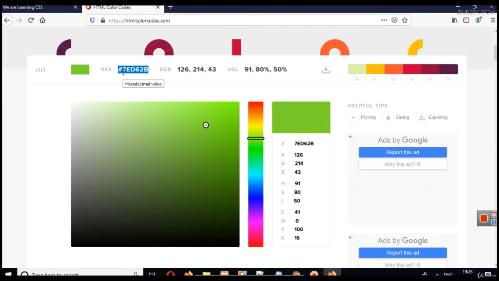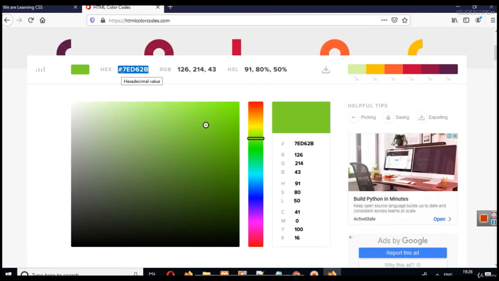In a hexadecimal code we have 6 characters and the 7th character is a hashtag. These 6 characters can take values between 0 to 9, so you can see the numbers here are between 0 to 9, and they can also take alphabets between A to F. So you are seeing E, D, B here, and you can write some random number here and it will become a color.